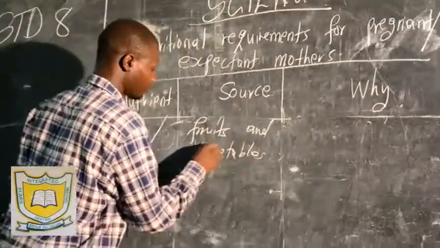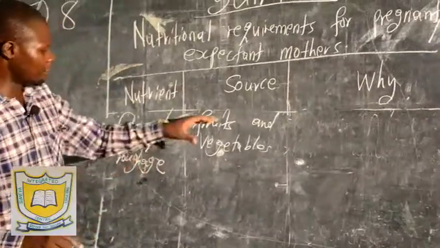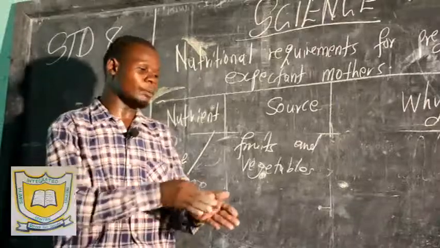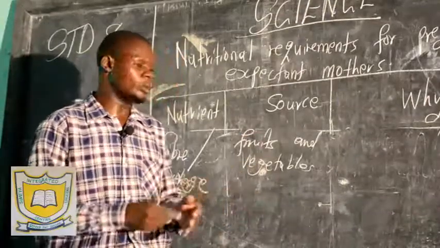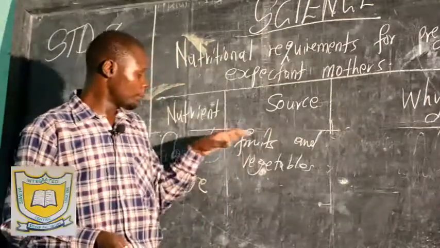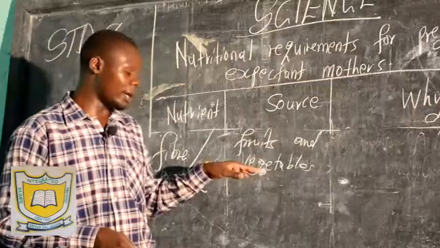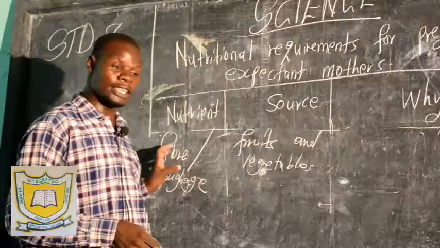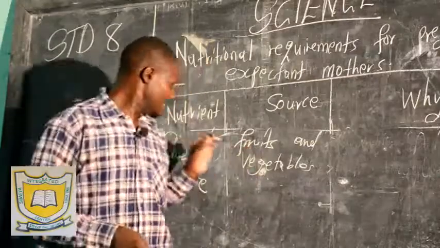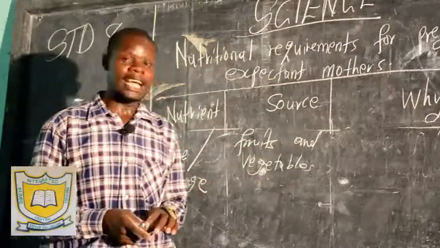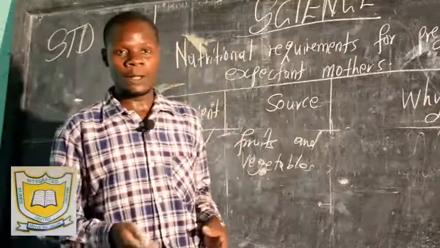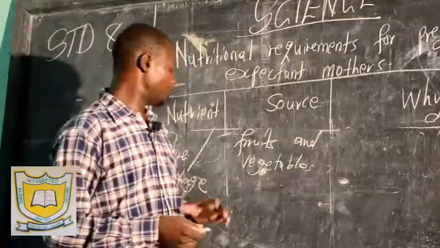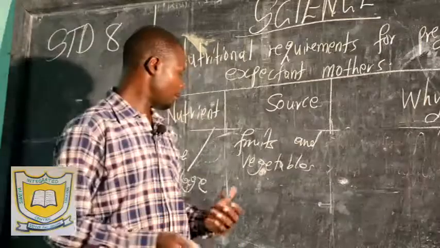You understand that for fruits and vegetables, we have the outer peelings of the fruits, like a mango. You are just supposed to wash it clearly, then eat without peeling the outer cover. It provides roughage. We also have parts of the vegetable that provide roughage. Fiber is a type of food that is not digested by the body. It is not digested, but its function is to empty the bowel, to make sure that we have proper digestion of the food and also emptying the bowel.